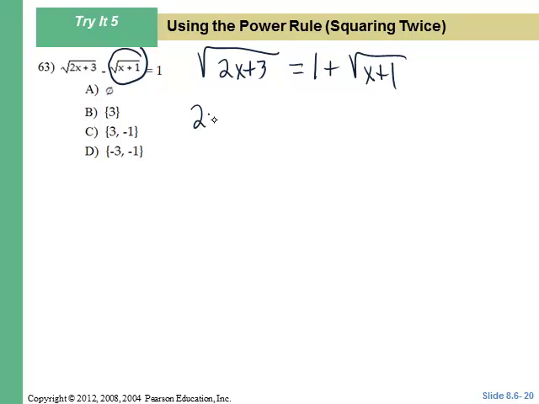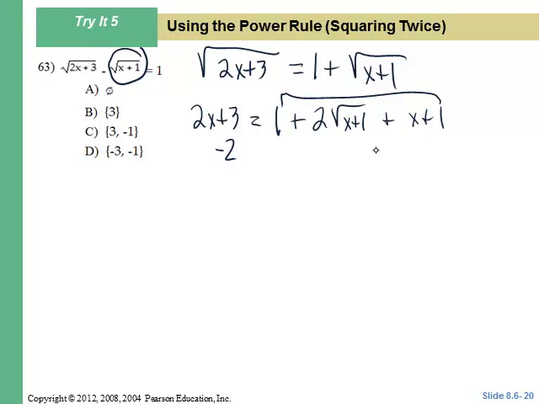So I get 2x plus 3 equals 1 plus 2 root x plus 1 plus x plus 1. So subtract 2 from each side, subtract x from each side, and you're left with 2 root x plus 1